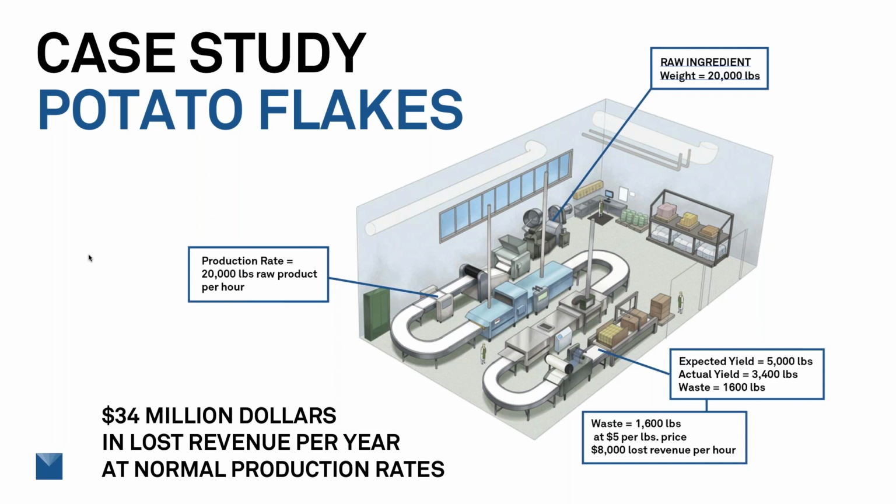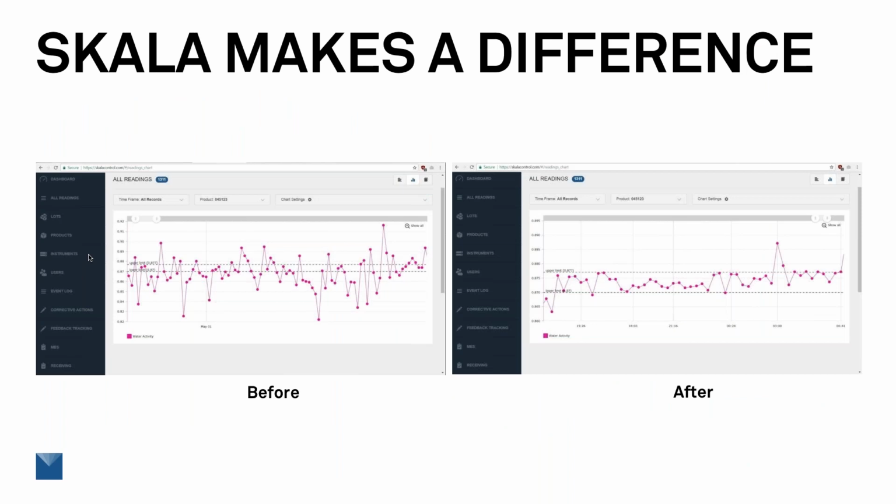Again, these numbers are going to vary depending on how effective and good your production system is. But the key here is that you'll never be able to determine that or assess that if you don't have the capability of being able to track it. And this is just an example of the kind of difference that doing the tracking real time can make.